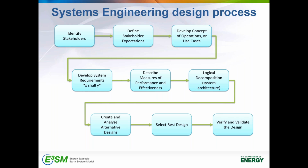And that's the next step here, is to actually develop those statements, and they're formulated as "this shall do something." So very simple kinds of declarative statements like that. We'll get into each of these steps in more detail as we go through, but I'll just walk through all of them quickly at first. Following on the definition of the requirements,